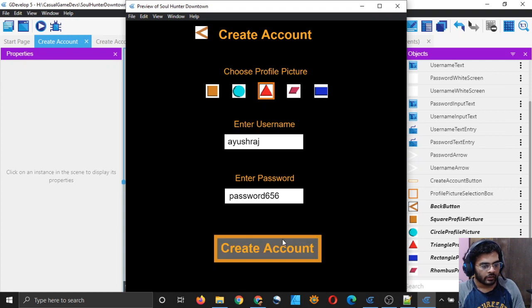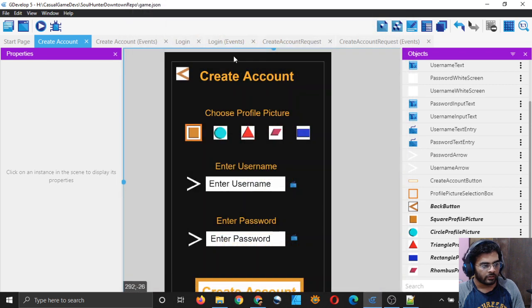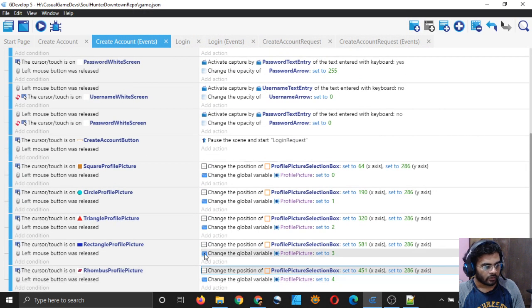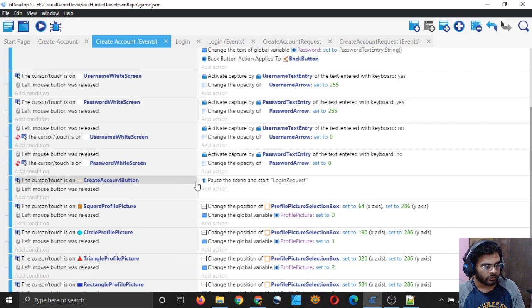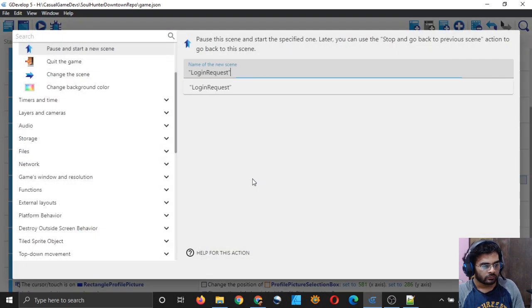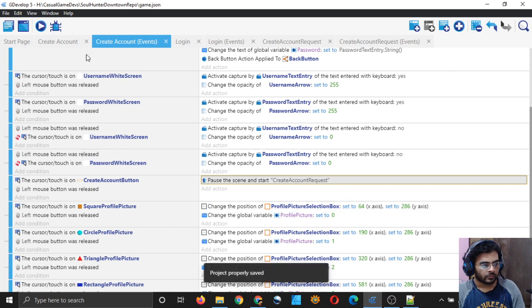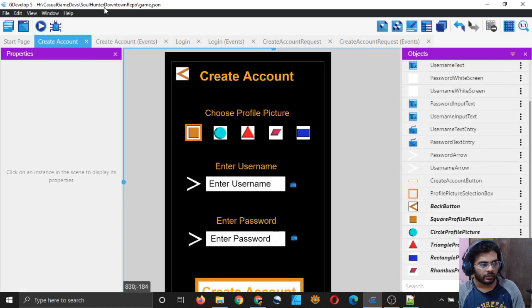But the create account button is actually going to login request, which we don't want. We want it to go to the create account request, right? So that should work. Let's test it.